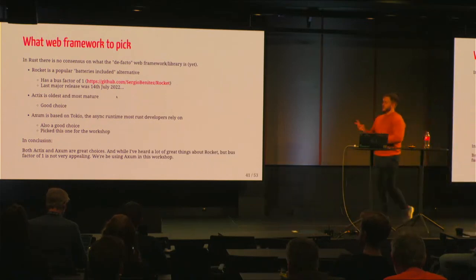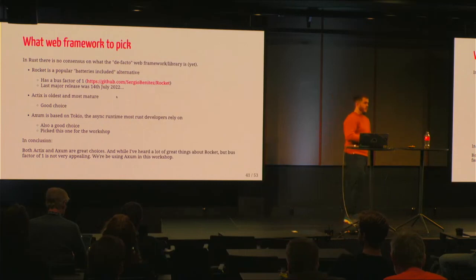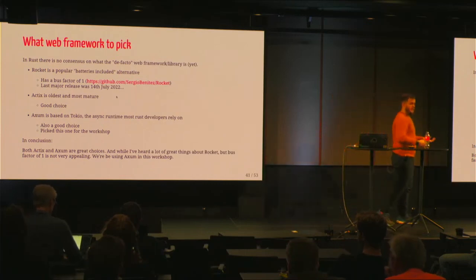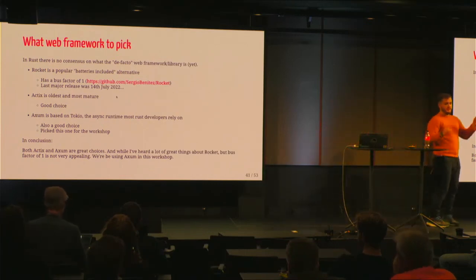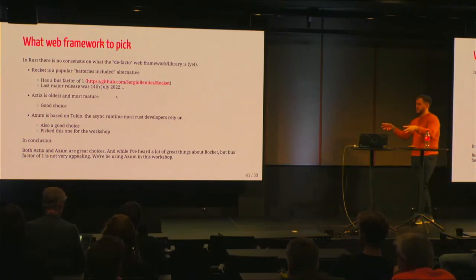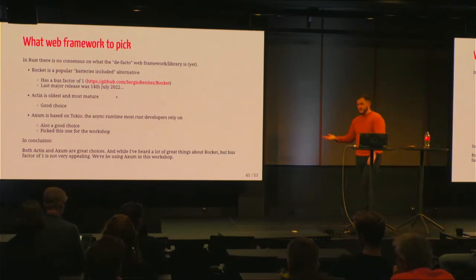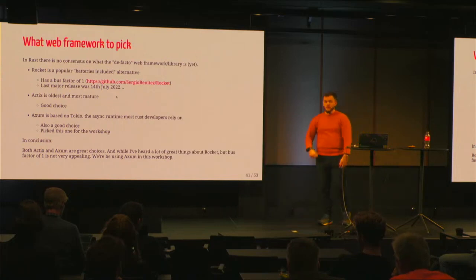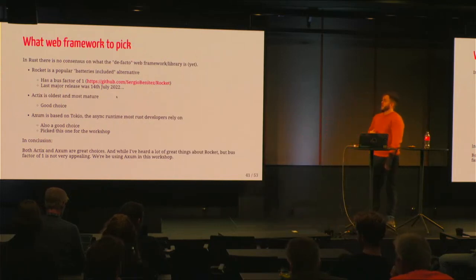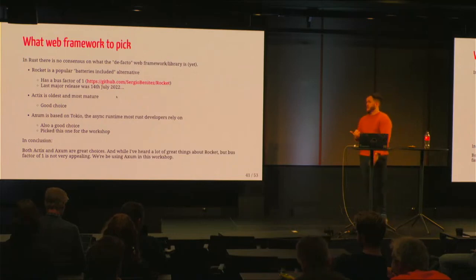So I've picked out the 3 most popular frameworks. In Java and Kotlin, we have Spring Boot, which is the de facto standard framework. In Elixir, we have Phoenix. In Node, we have Express. There are more options, but these are the most used. We don't have that in Rust yet, because it's still a relatively immature